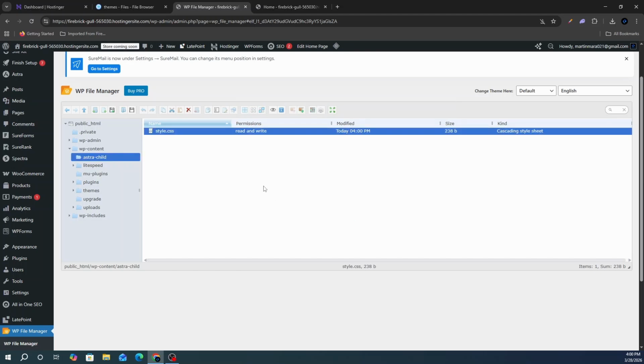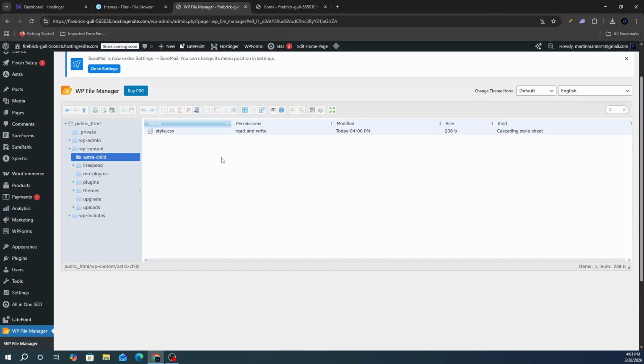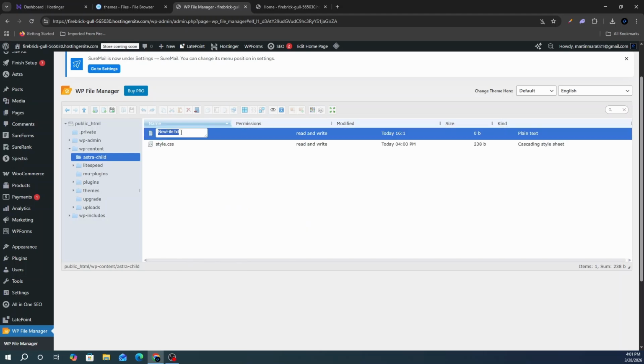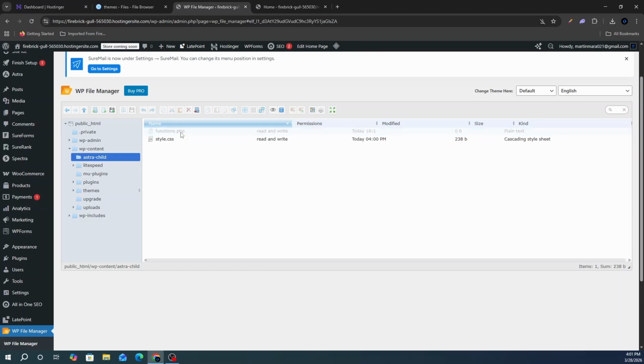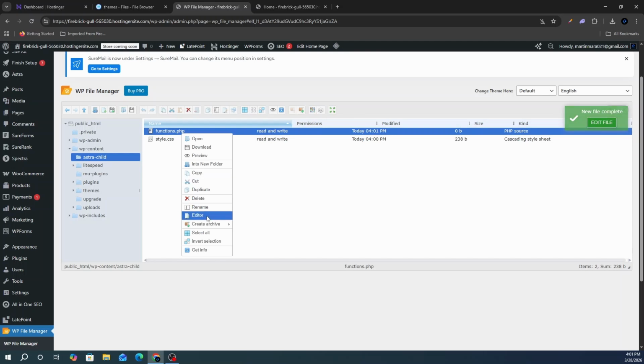Next, we are going to create another file called functions.php. We are going to right click on this empty space here, and we are going to add a .txt file, and we are going to rename all this, even the .txt, and we're going to add functions.php. This file is where we will properly load the parent theme style sheet inside functions.php. So we are going to edit this,